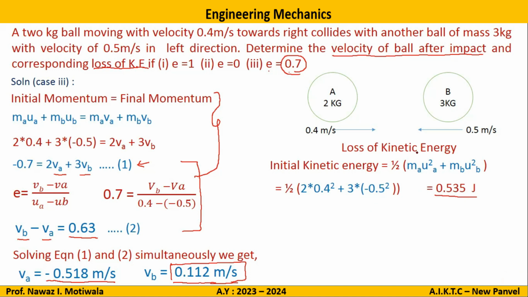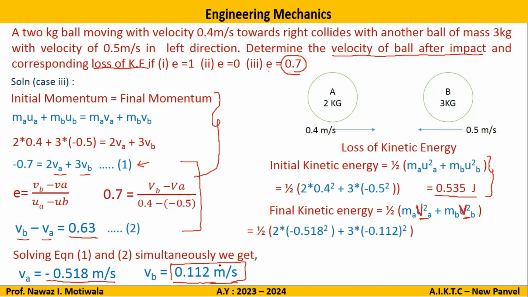So again you no need to find it out again, you can just give the reference of previous case in the examinations. But yes, final kinetic energy will be changed because now the velocities after impact have changed to minus 0.518 and 0.112 respectively. Substituting the values, I will get the final kinetic energy as